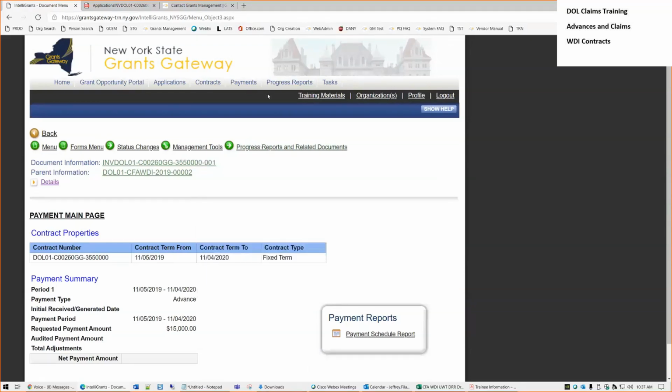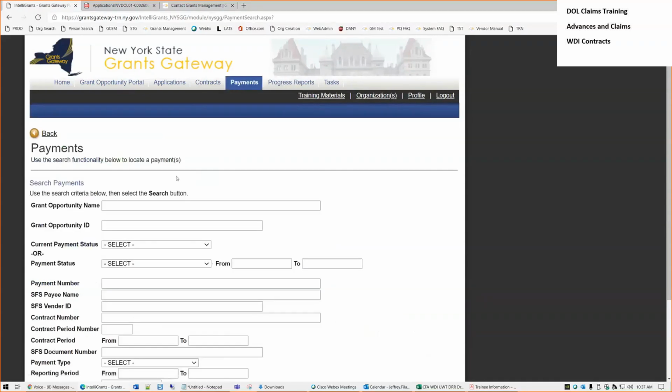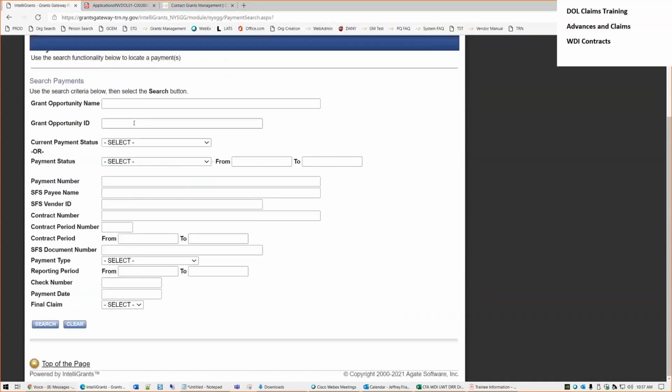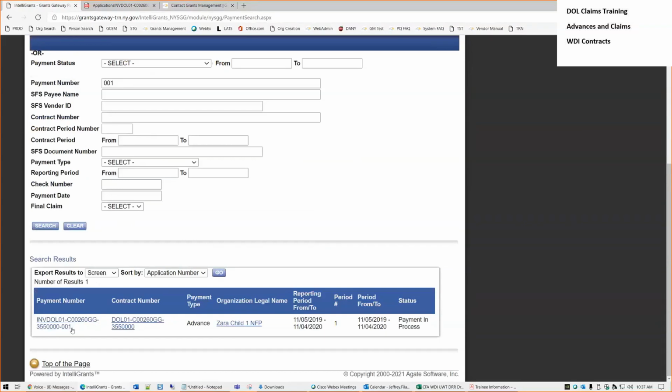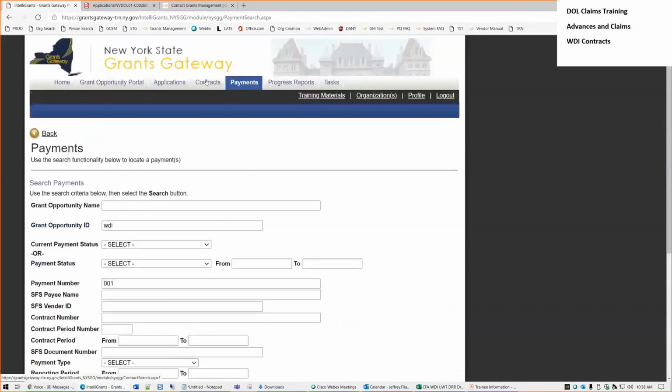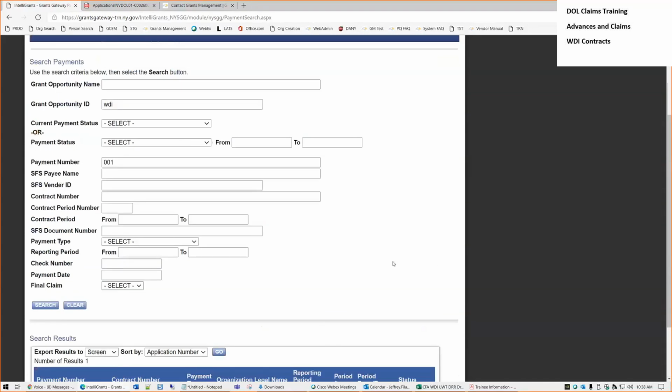Another way to do it, you can see there's actually a payment search up here as well. So I clicked on payments, and then typed in here again, I could do payment number 001. You may have a lot of 001s. You may have my ID. I know that was CFA WDI. So if I just type in WDI, let's see what I find when I search for that. And again, I find that invoice number 001, which is an advance. Okay, so either way, searching by contracts, searching by payments, I can get back into the claim that was started